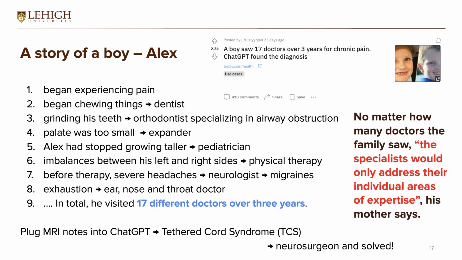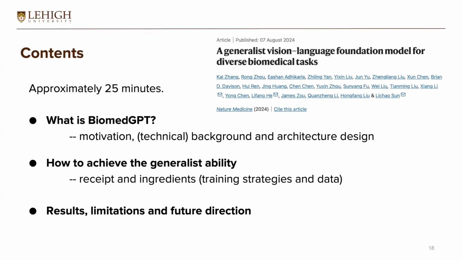This kind of situation could definitely be helped if we had a more generalist model that could give a more comprehensive, multi-angle diagnosis. A generalist model is not like a specialist model or specialist doctor that can only do one thing. It should be equipped with more diverse knowledge, and look at one problem from different angles and give some draft suggestions before they move on to see the real specialist. So this is our purpose.